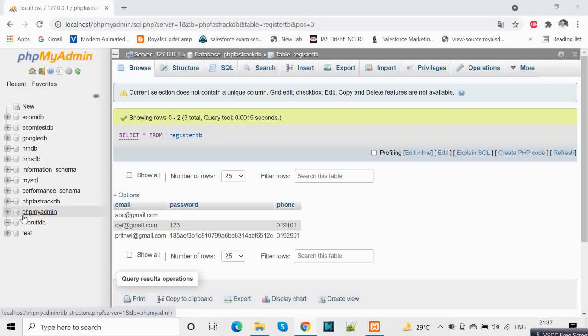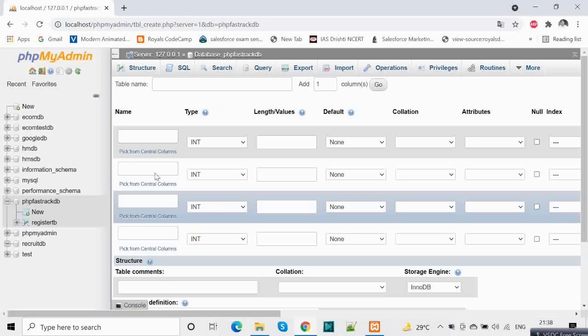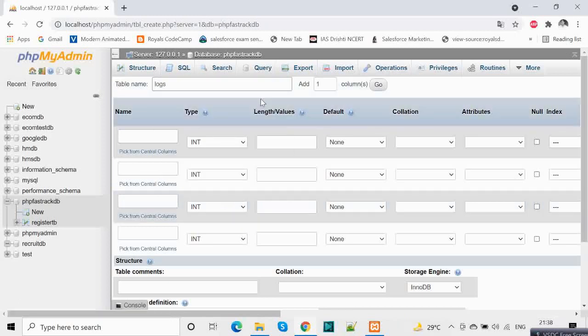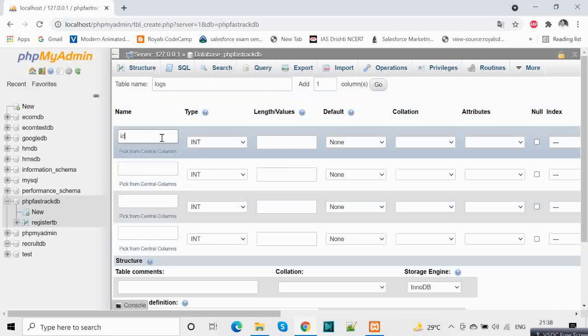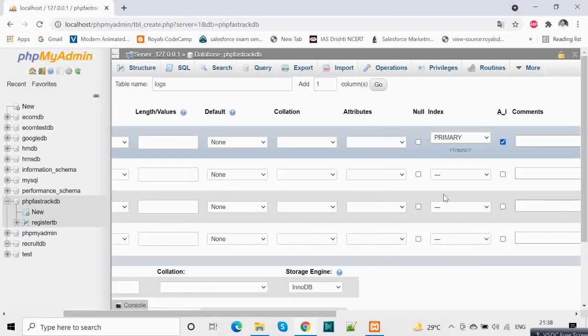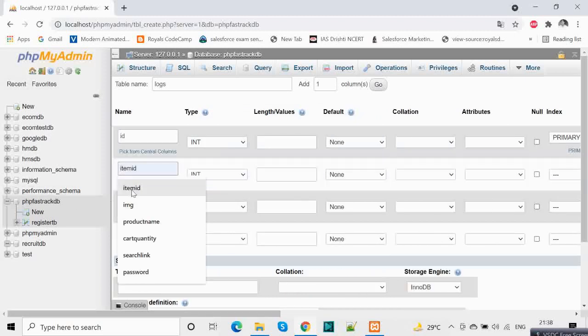Let's go to our database, which is in this case this one. Now we will create a trigger, but before creating that, we will create a logs table. This is the logs table, and we will give it an id, which will be auto incremented every time, so we are checking this.